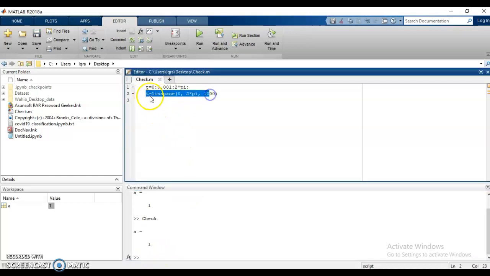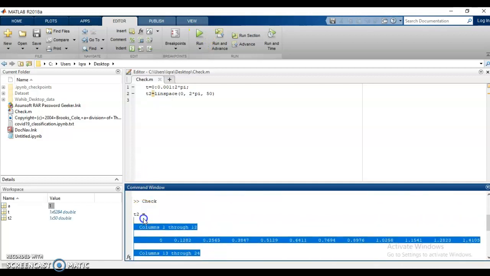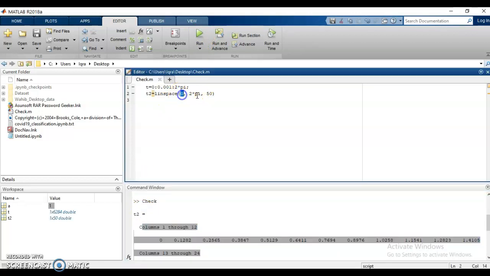Okay, so if I run it, let's say I define it in 50 points to start. What it's going to give us in the result is 50 points from 0 to 2 pi. It divides this range into that many points. So these are two different methods of defining a signal. We are going to work with the first one, so I'm going to comment it out.